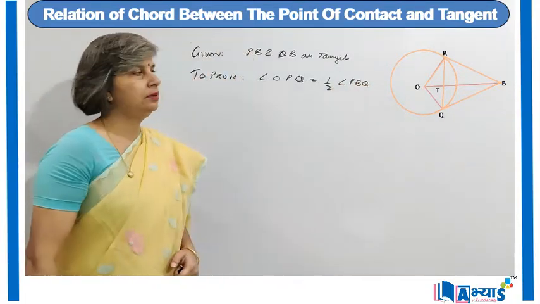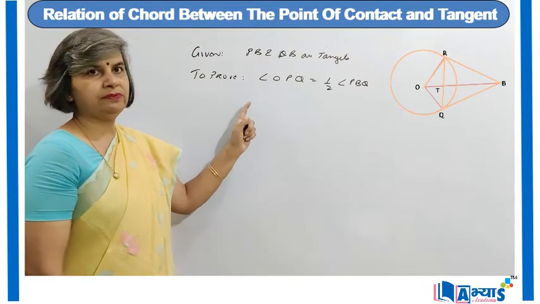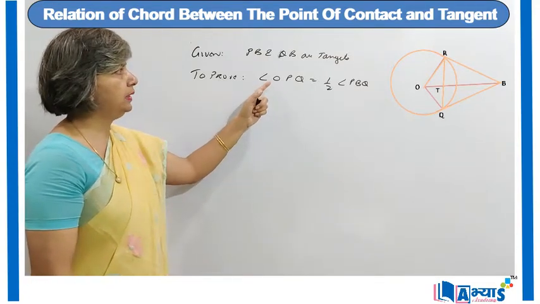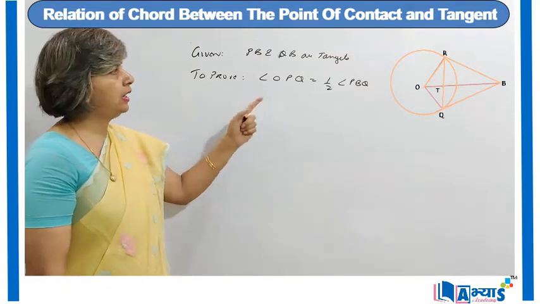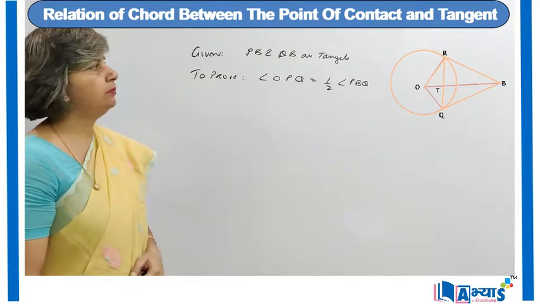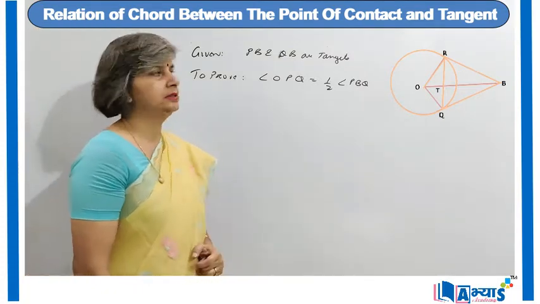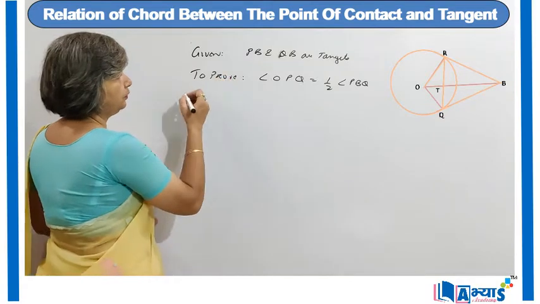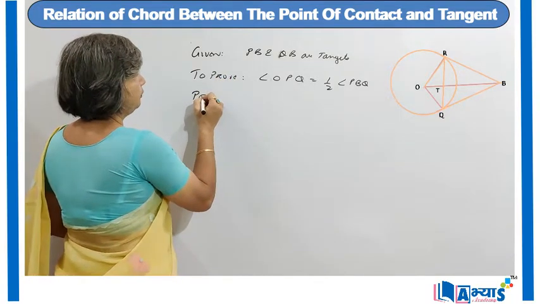That means the angle which the chord PQ makes with the radius OP is half of angle PBQ, that means the angle between the two tangents. So now to prove this, the proof will be,